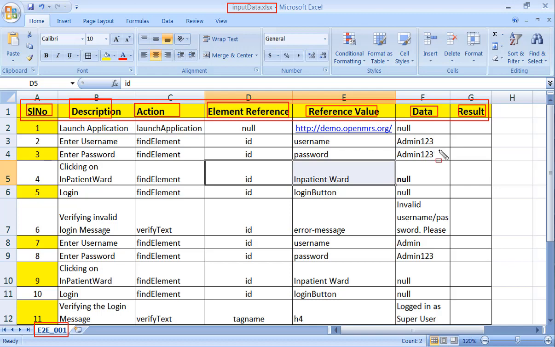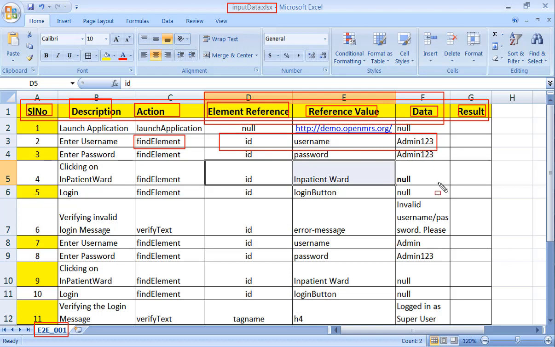And one more important point is that when you consider the parameters here, the parameters are available in the 3rd, 4th, and 5th columns. So for an action, for example for a find element action, the parameters are ID, username, and admin123.